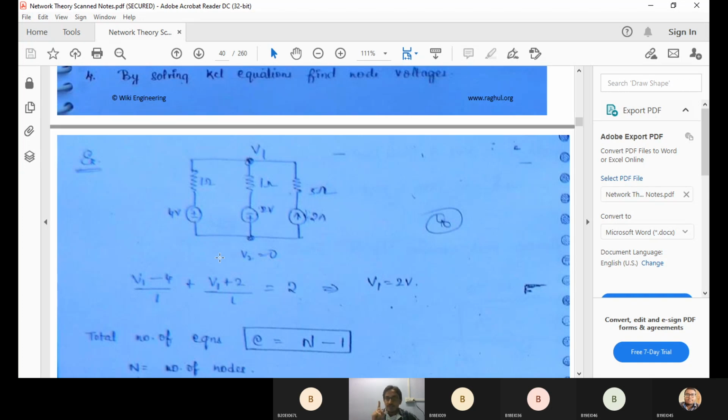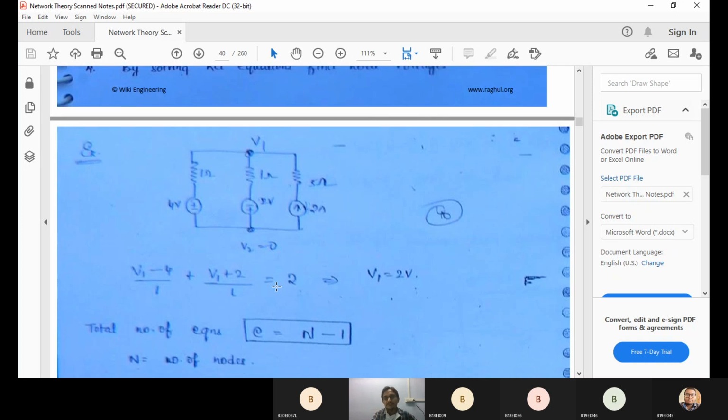In the nodal analysis, one point I am telling you, we have to identify the two potential points. One is at the higher potential, another is at the ground. Always the current should flow from higher potential to the next potential. So current direction is always from V1, not towards V1. If any current is approaching towards V1, that we will consider simply as negative current. Always current direction is in this way, and in this way. But the one coming from the third branch is coming towards V1, so we are considering it as simply negative current.